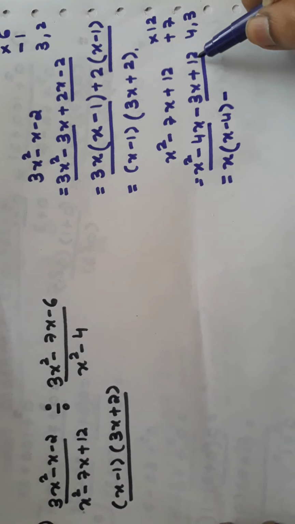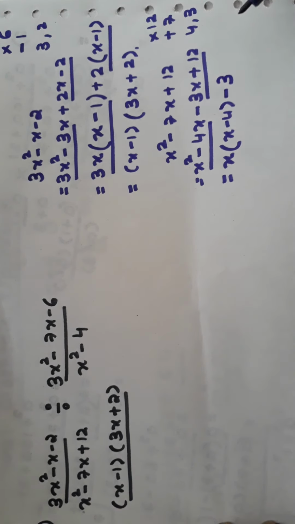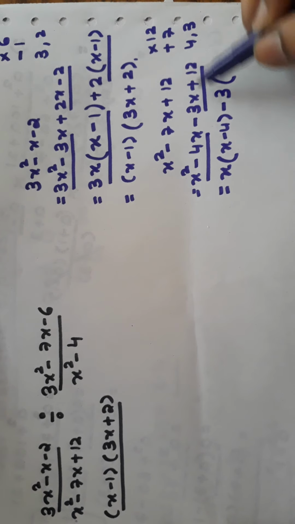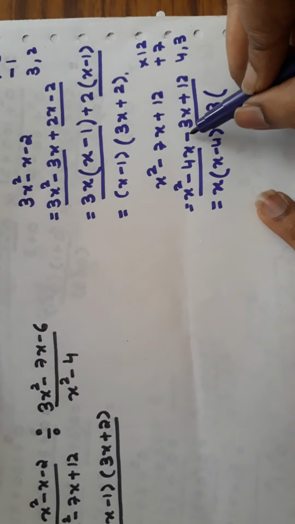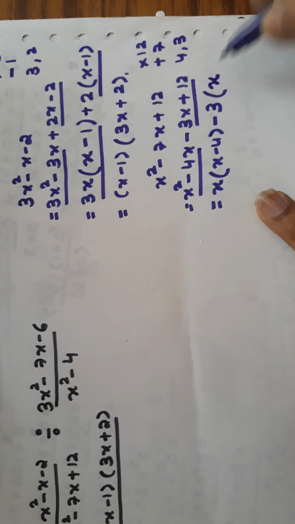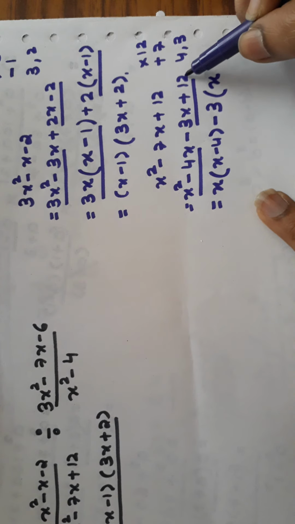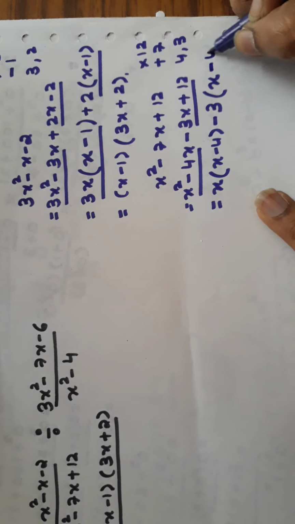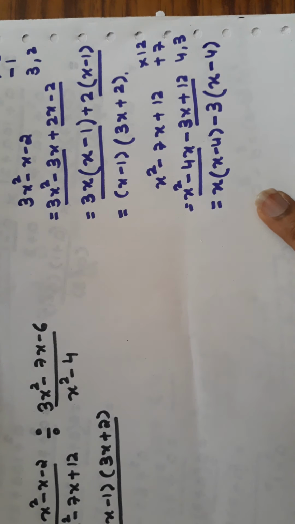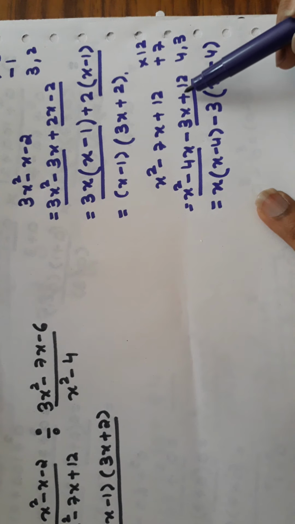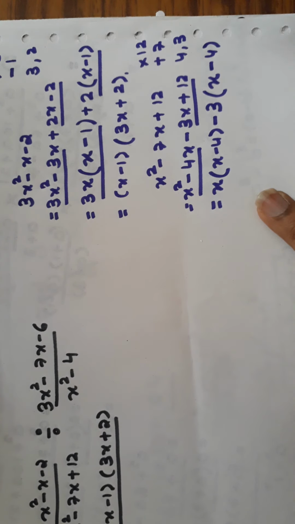Now in both the terms 3 is common, so take minus 3 common. When you take minus common, the sign of both the terms will change. So here it is −3x, but since you have taken 3 common, it is plus x. Here it is plus 12 and from 12 you have taken 3 common, so 4 is left, but since you are taking minus also, this plus will become minus: x − 4.